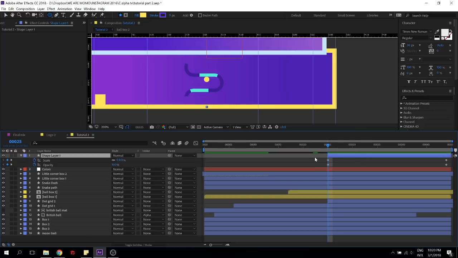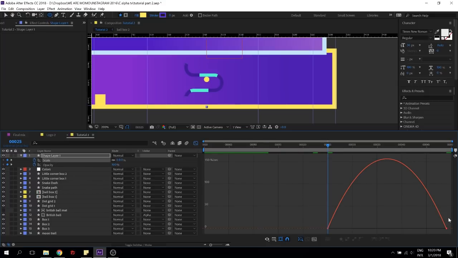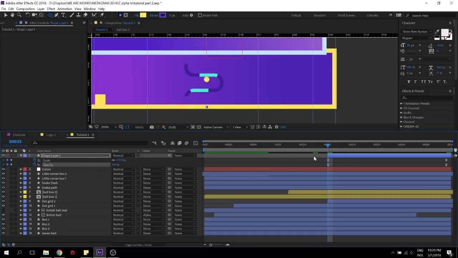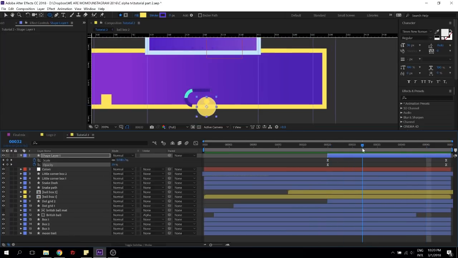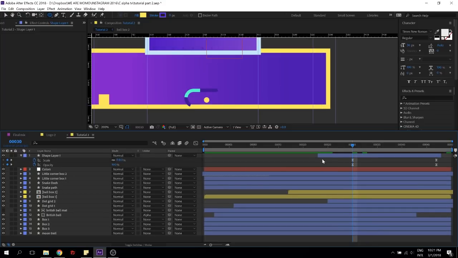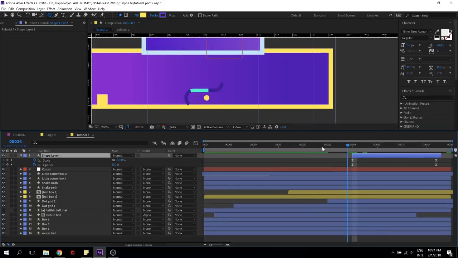Okay, I'm just gonna close the layer there. I'm just gonna go inside my scale. I'm gonna make sure that the scale is actually like that, and the opacity is just like that. Yeah, the moment it reaches that, it's supposed to be like that. Yeah, the moment it reaches there.